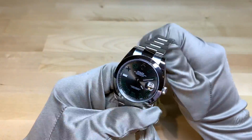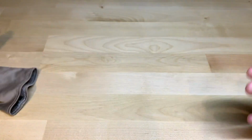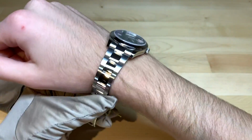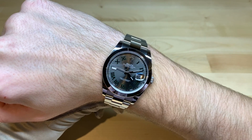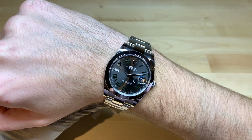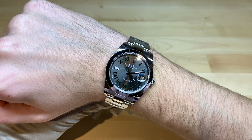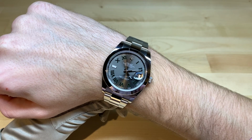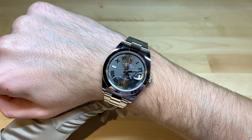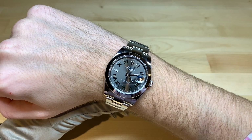So I'll move on to a wrist shot now, and I'll take off my glove to do that. But as I said, this watch is 40 millimeters in diameter, and that is a pretty large diameter for a Rolex dress watch, but I think that this in particular with this dial configuration would look good on most people's wrists. I have about a 6.5 inch wrist in circumference, so keep that in mind just for comparison purposes. I think it looks great on my wrist,